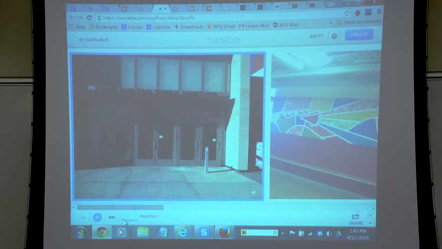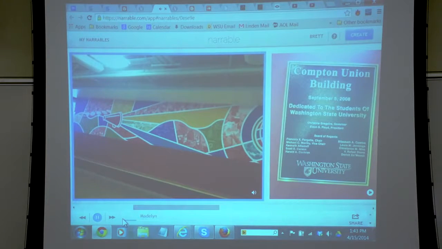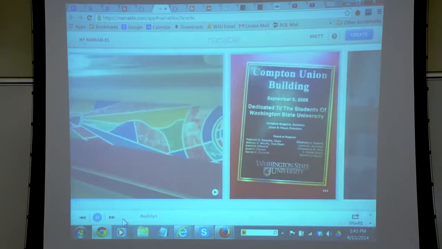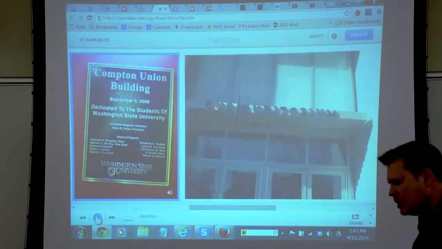This project will feature the Compton Union Building Auditorium and its amazing student resources. The Compton Union Building has been providing students with the services they need to be successful since 1946. The Cub offers a variety of